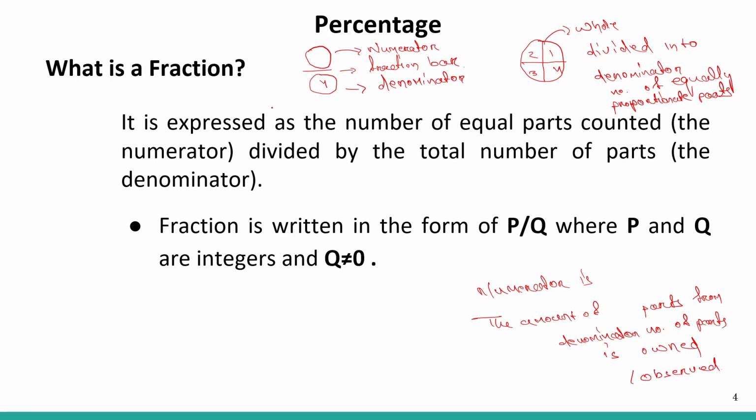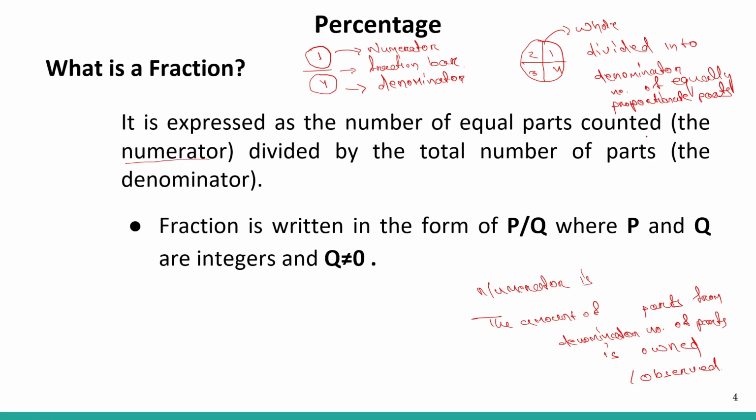So if you have 1 by 4, you have a whole and you divide it into 4 parts: first part, second part, third part, fourth part. The point to be noted is that all the parts are equally proportionate. The numerator represents the amount of parts that you have owned or observed. So you are observing only one part, any one part. It can be any one of these 4. So it is expressed as the number of equal parts counted, the numerator,